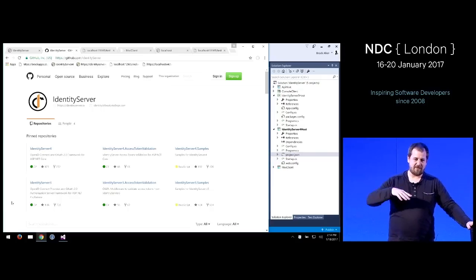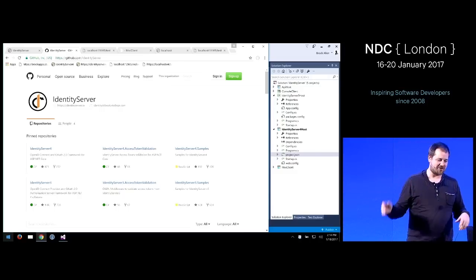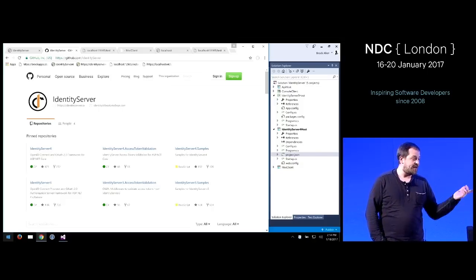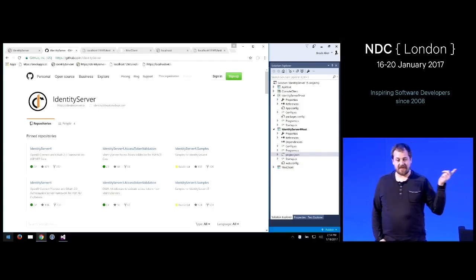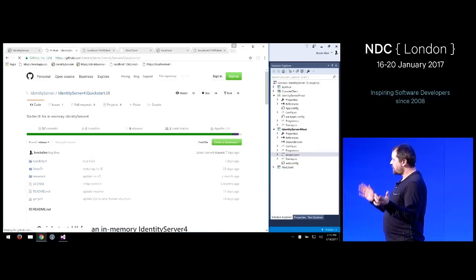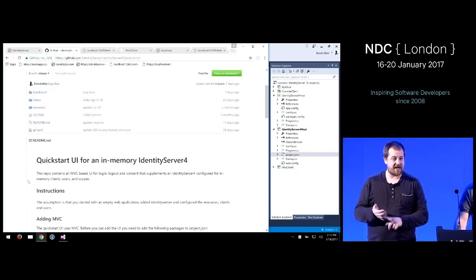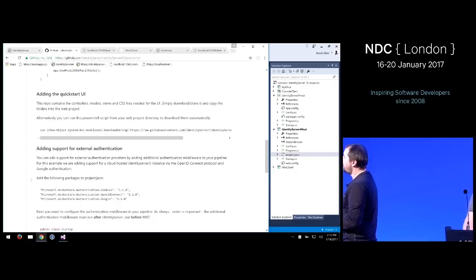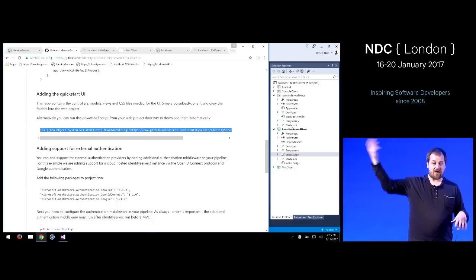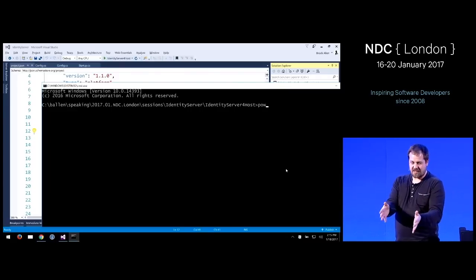Yeah, that's kind of one of the victims of the whole change between .NET Core and all that. So what we did is we created a repo on GitHub called the IdentityServer4 UI quickstart.ui. What this contains is only the UI pieces. There's a sample login page, a sample logout page, and a sample consent screen in there, and you can just download that and copy it into your project and use it as a starting point.